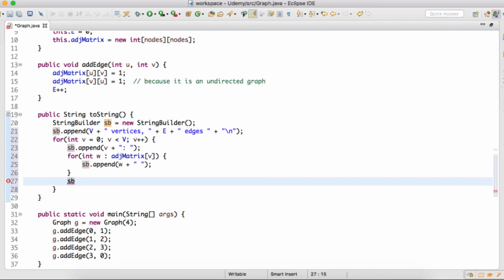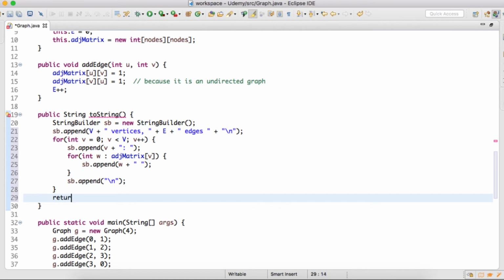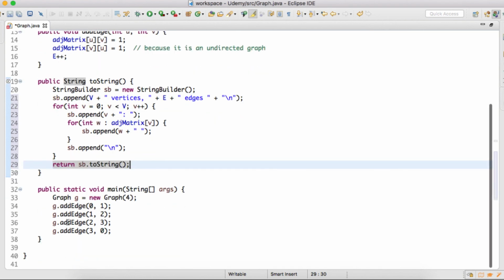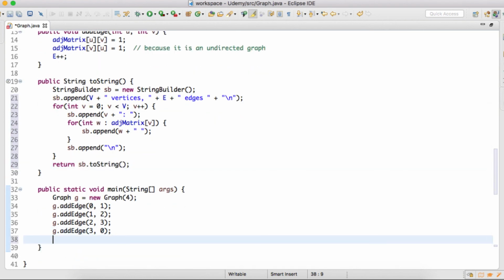So sb, and finally we'll return sb.toString. So here we'll simply print G, and if I run this code now,